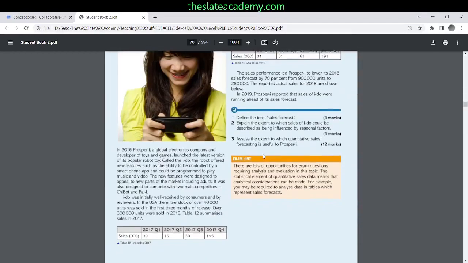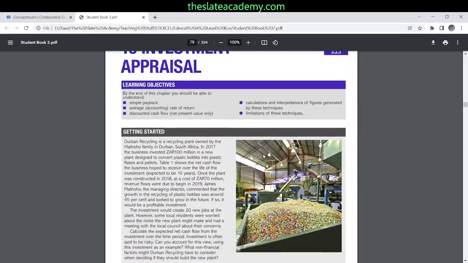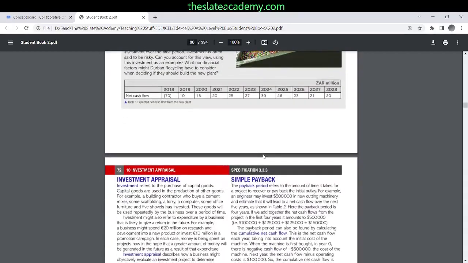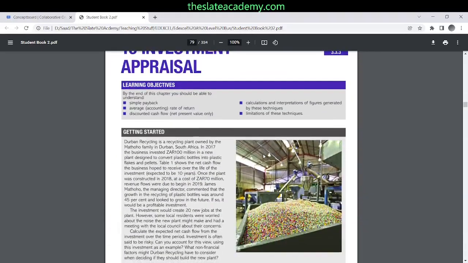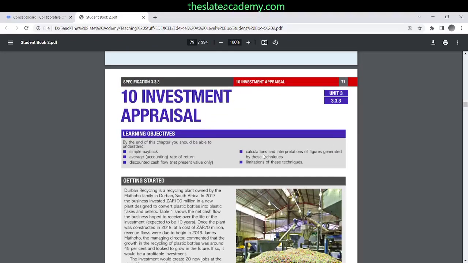Okay. All right. Then we have investment appraisal, perhaps my favorite topic. Investment appraisal is how you appraise investments. You have money, you have options to invest it in various opportunities, and now you're trying to find